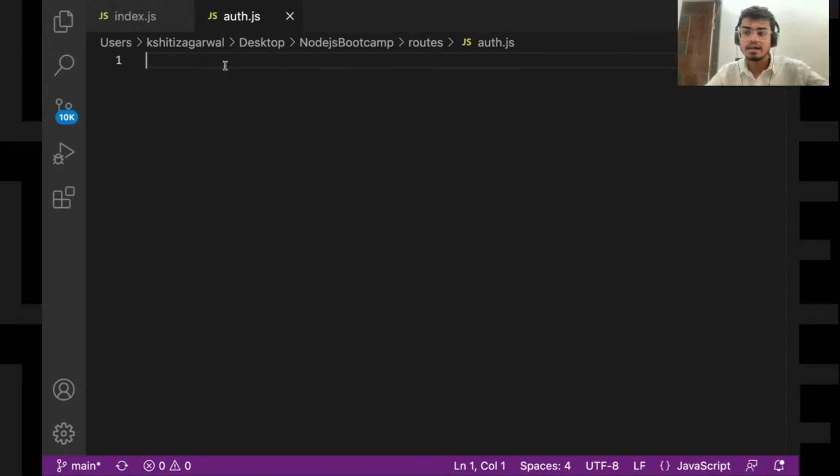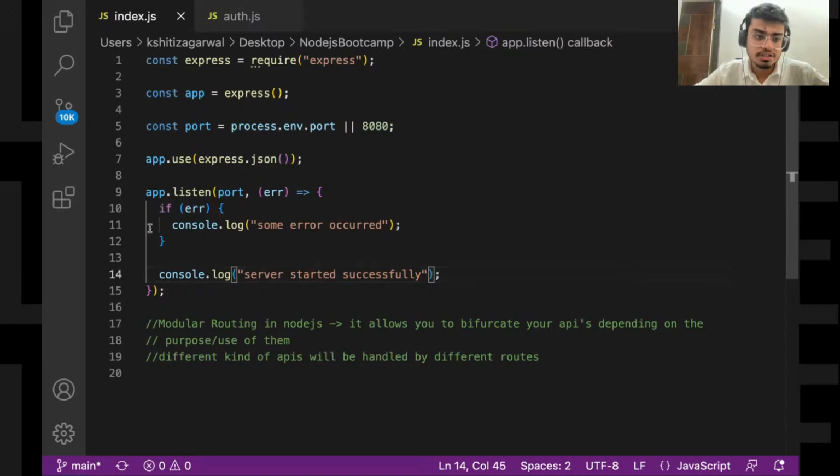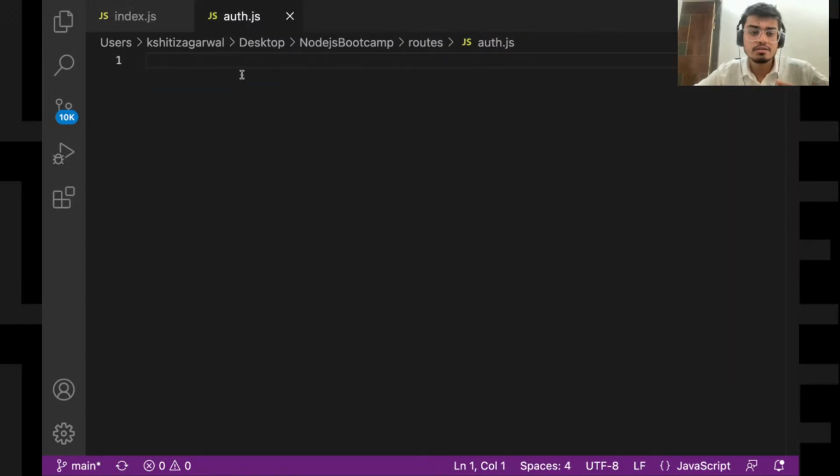Not directly in your index.js. Your server logic will reside inside your index.js, but, as Sandeep I guess said, all the business logic related to authentication, such as login and sign up, will reside over here.